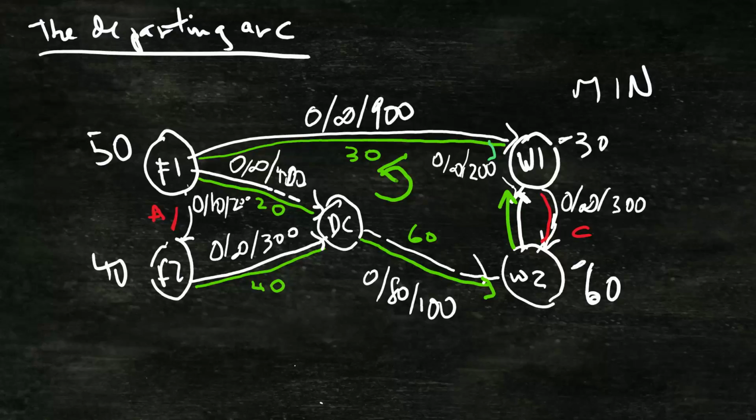So the question is, since it was a good idea to have W2 increase in order to reduce the dual infeasibility, therefore we want to increase it as much as possible. How high can it go? Well, if we look around the amounts that we have and the bounds that we have,